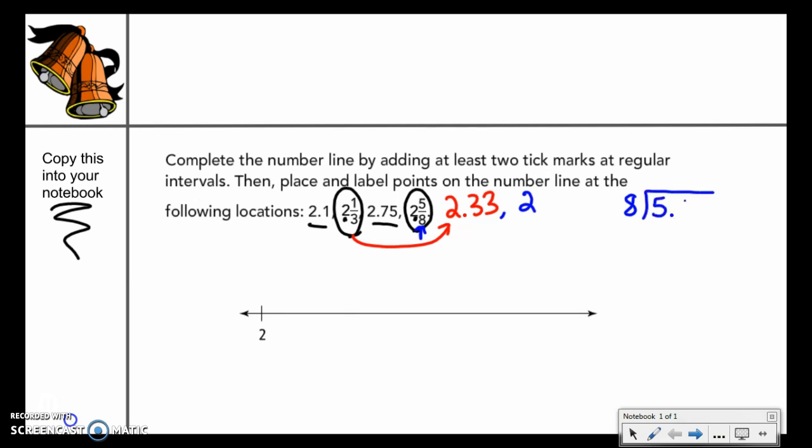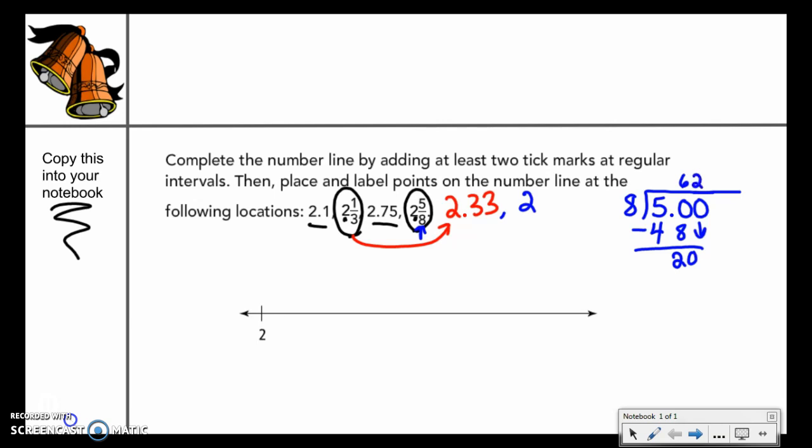I'm going to go ahead and add my decimal point and some zeros just to make the math a little bit simpler and to remind myself that I've got to keep going. 8 cannot quite go into 5, but it can fit inside of 50. It can fit inside of 50 6 times, which is 48. You have to subtract and have a remainder of 2. Bring down your 0. 8 can go into 20